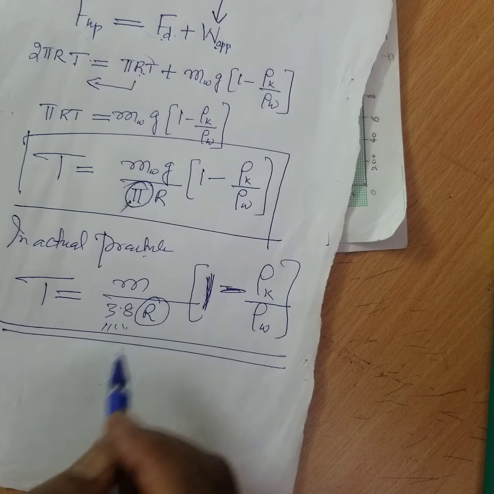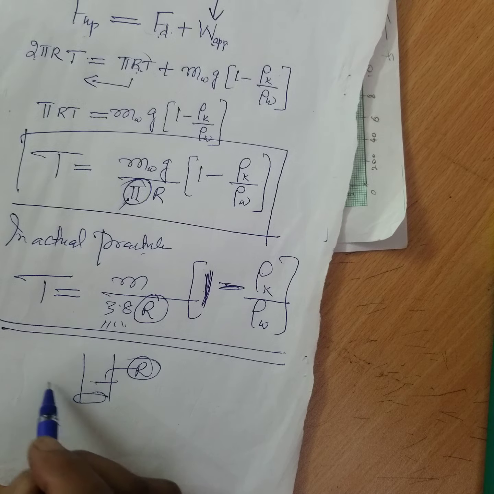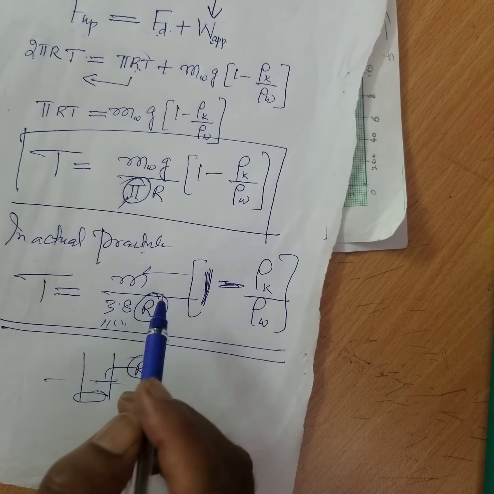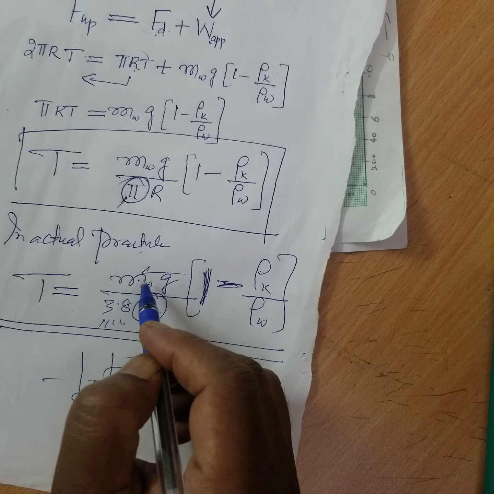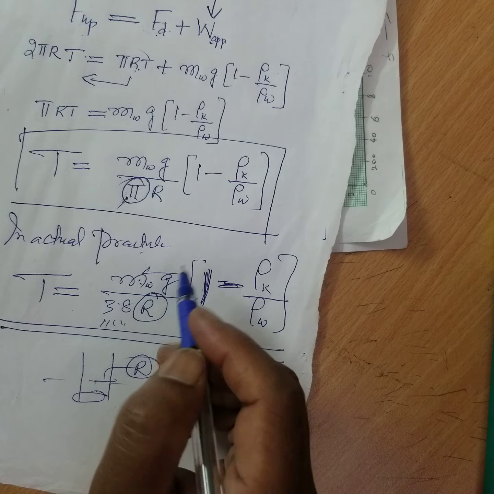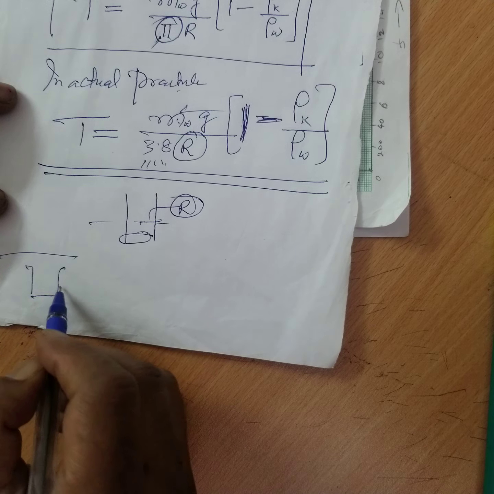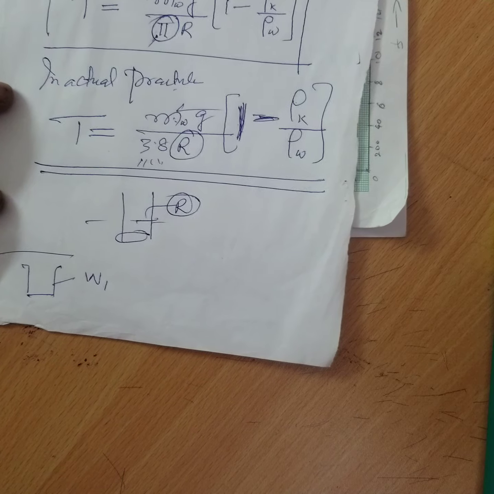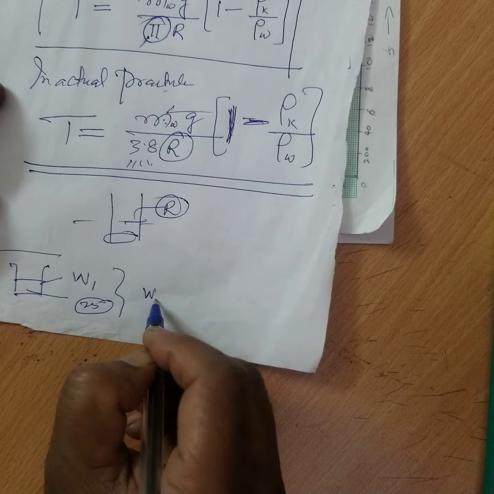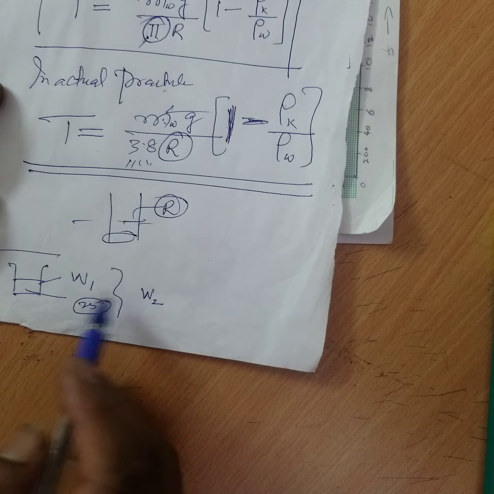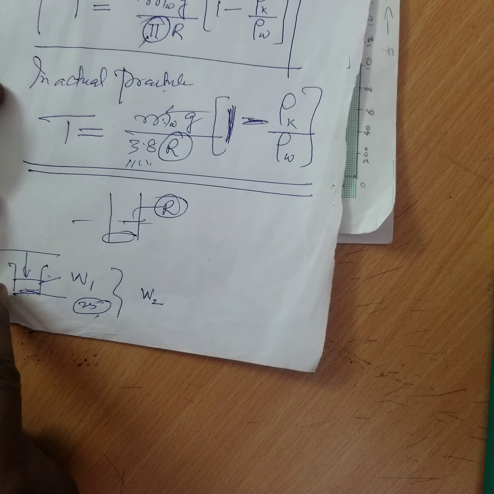But r is what? Inner radius of the tube. R is the inner radius of the tube. Using screw gauge you can find out. And mass of the water, that is mass of 1 drop of water you can calculate, right? There is a different method, very simple procedure. You take an empty beaker, find out the weight of this, and what? Collect 25 drops, find out the weight of it, W2, weight of the 25 drops. Again, further you collect another 25.